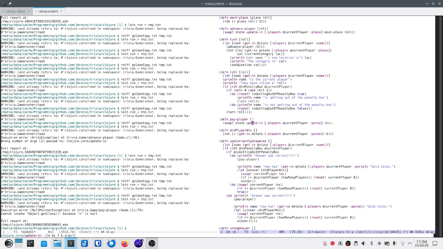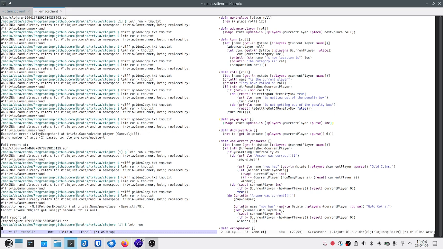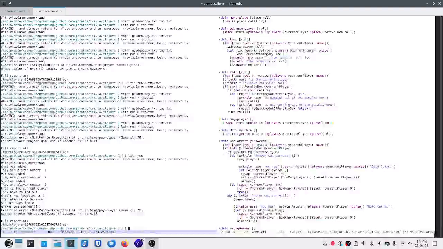I wonder why. It looks okay. So we're swapping state by taking the update in function of the contents at players current player purse. This looks okay, and we are passing it through increment. What happens if I get rid of this? Is it just getting very long, the output? No, it's not.